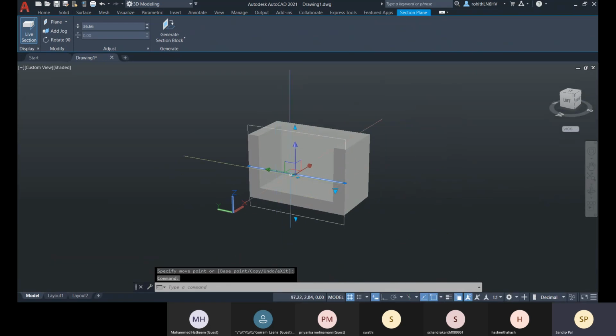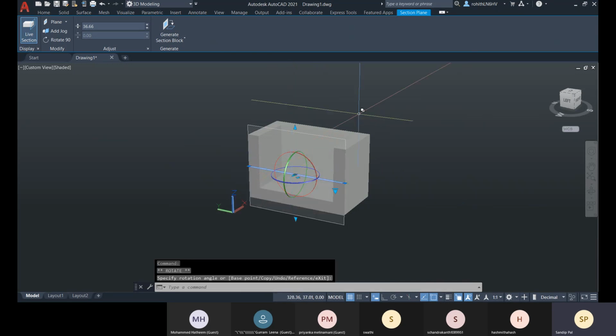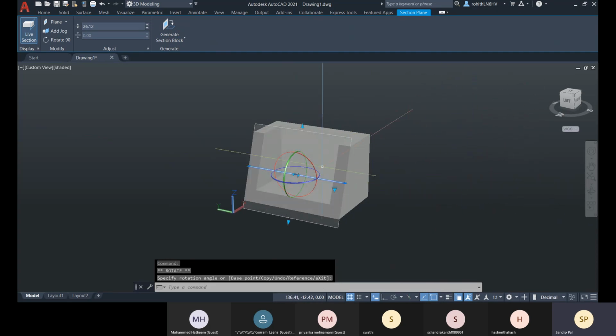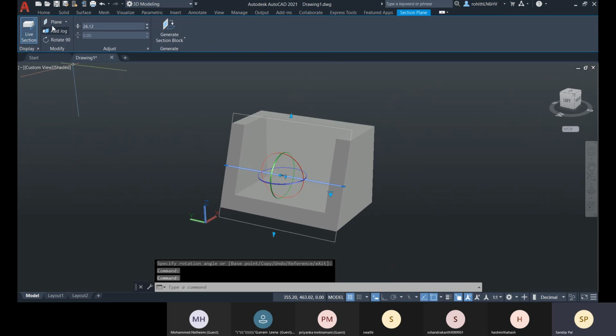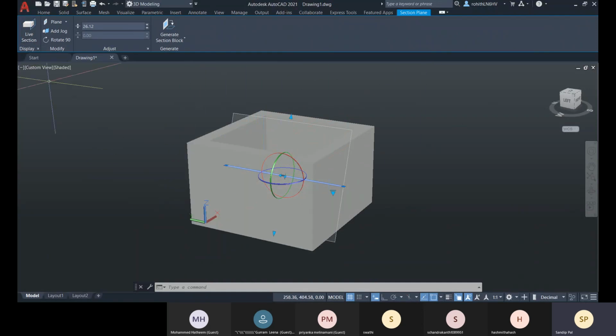Like that we can provide. We can go with the rotate, where we can rotate this like that, and we can have a section. Okay, so that is live section is on. So when you are changing, you are getting the result in real time. So if you uncheck this, you will not get the result.